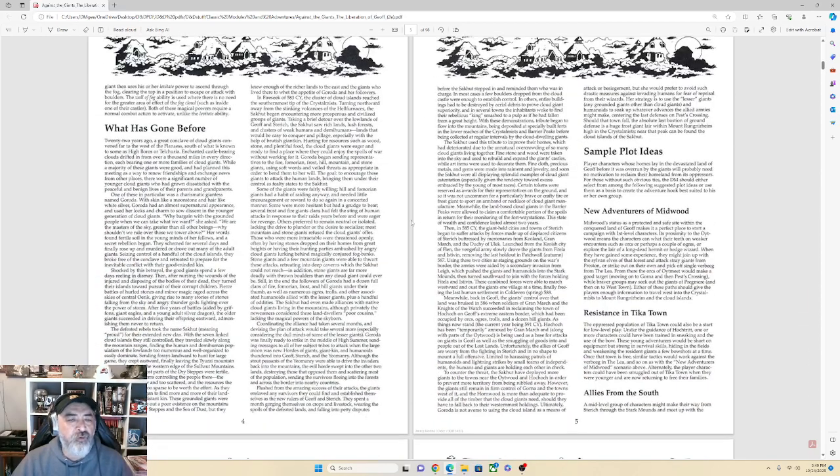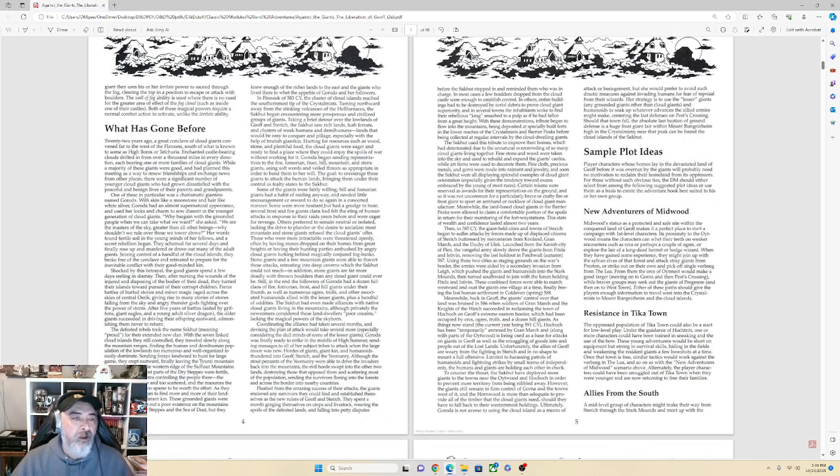So then we get a little bit more into what's gone before. This is in reference to the plot. This is none of this the players are really aware of, but this is setting up the information for me as the DM. This is why everything is happening. It's talking about, just to summarize it,